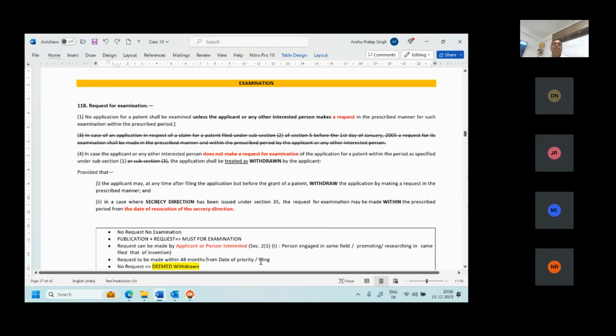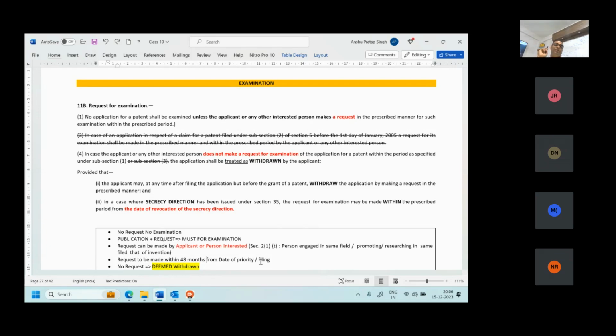Now there is one question. Suppose you didn't go for a request for publication. You filed an application, and at the time of filing, you also requested for examination. Can you tell me when your examination will be taken? After 48 months, sir.